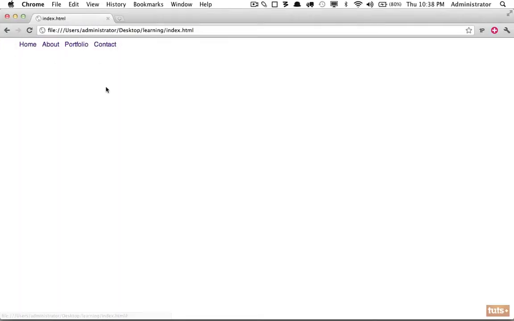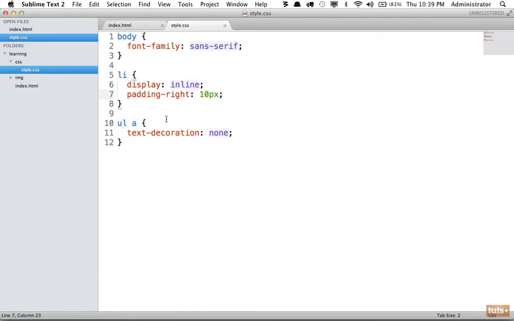So the next thing you might be thinking is, well, when I hover over this, other than the fact that the cursor changes to a pointer, it's not easy to tell that these are clickable links. So why don't we provide a little bit more visual feedback, and we will apply the underline again when you hover over the anchor tag. And we do that by using a pseudo class. So watch what happens when I do